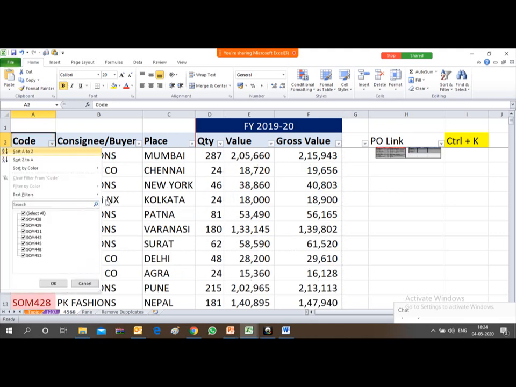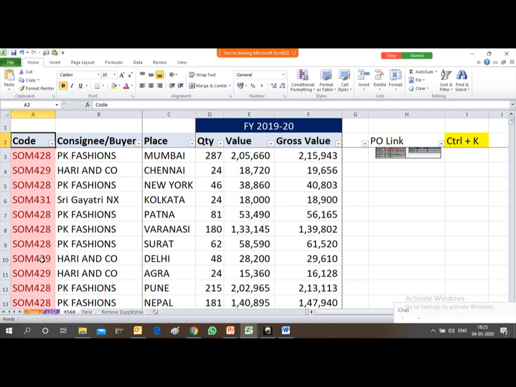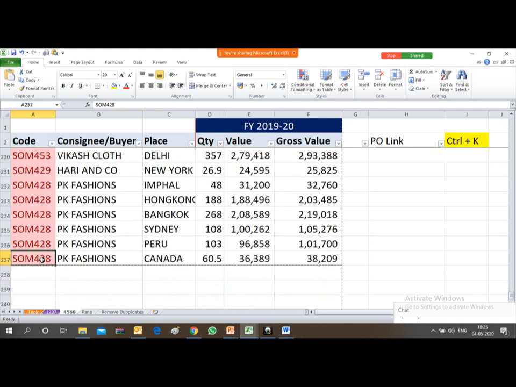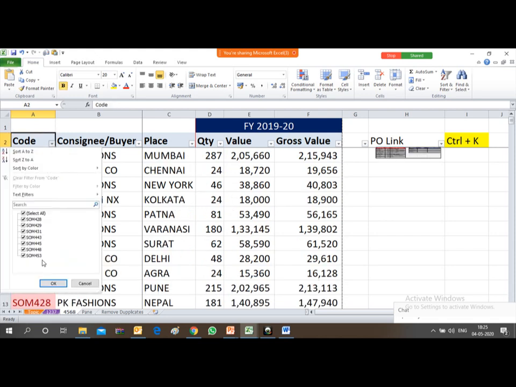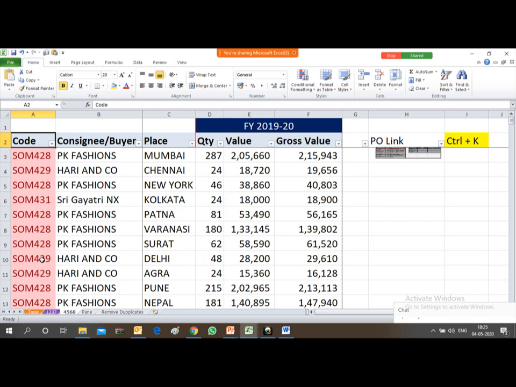But from the drop down, you see there are hardly a few codes that are unique values: 1, 2, 3, 4, 5, 6, 7, only 7 codes are there, which are unique codes. Only 7 codes are there in that particular column, but over 200 plus rows, all the codes are appearing. This way you can identify whether duplicates are appearing or not.